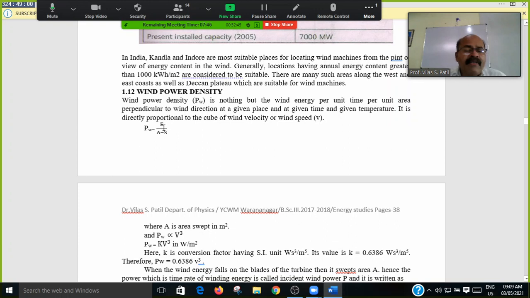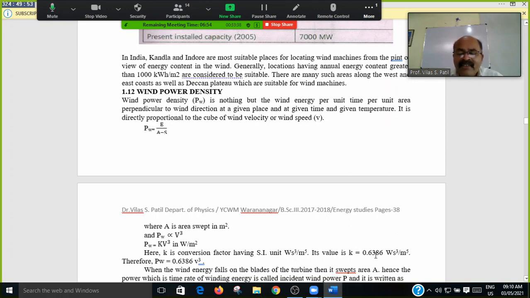That is wind power, E divided by A, where A is the area swept, in meter square. Again power P is directly proportional to V cube. Remove the proportionality constant, so here a constant will come: P is equal to K times V cube, of velocity. Here K is the conversion factor having the SI unit of wind power, watt second cube divided by meter raised to 5, and K is equal to PW divided by V cube is equal to